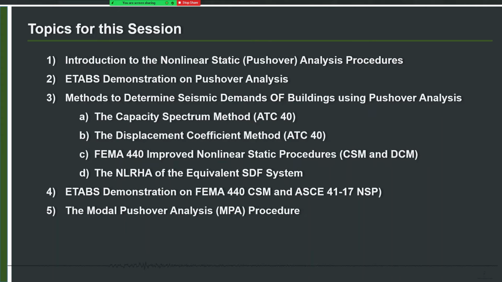But generally, in this session, I'll be only able to cover the basic idea and how you can implement it in ETABS. So I'll have a small demonstration also for one model where you can make the pushover load case and then see results, actually for both single mode based conventional pushover methods and multi-mode also.